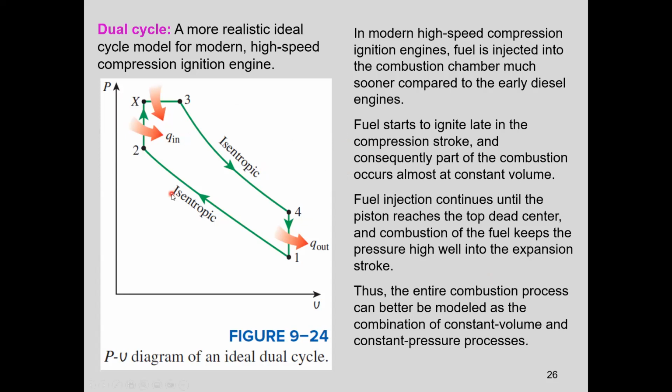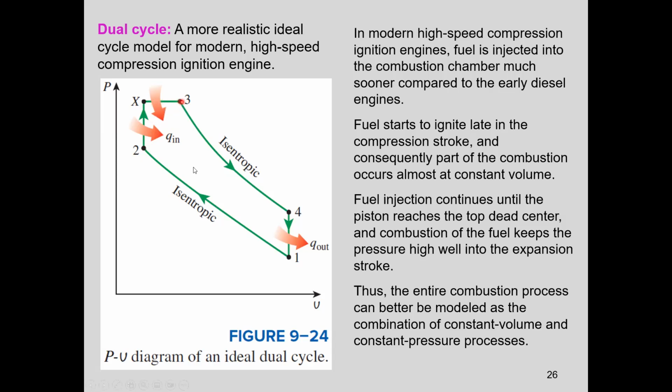So the fuel is injected earlier, towards the end of the compression stroke. As a result, there is a period of combustion for which combustion is almost at constant volume. And as fuel injection continues into the expansion stroke, part of the combustion during that part is almost at